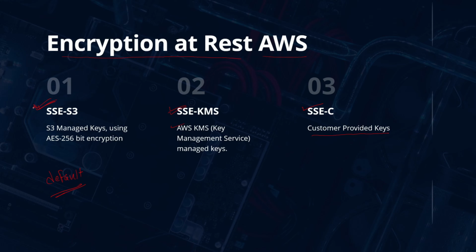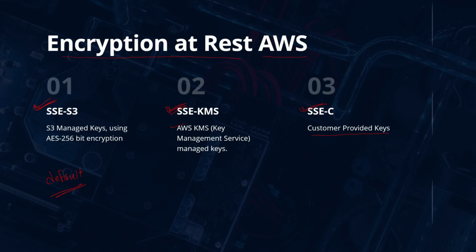SSE-S3 is a completely automated process. It is seamless. You don't need to care about anything. If you go to SSE-KMS, you'll have to set a few IAM roles and IAM policies. You'll have to work out how you want the key rotation to be and all of that. And when it comes to SSE-C, you're completely responsible for the keys. So these are the three different options that AWS provides you for encryption at rest in the S3